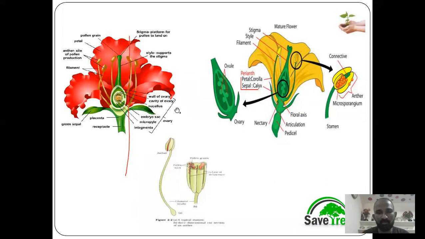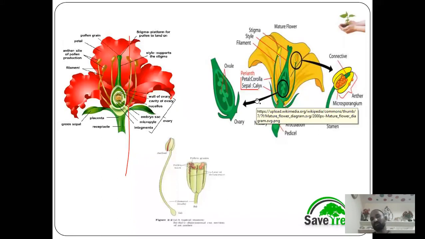Okay, so this is the common structure of a flower. Along with androecium and gynoecium, it also consists of calyx and corolla. The corolla is made up of petals, which vary in color to attract insects for pollination. Next, the green leaf-like appendages attached to the base of the ovary are called sepals. The sepals constitute the calyx. These two are considered non-essential parts because they are not involved in reproduction.